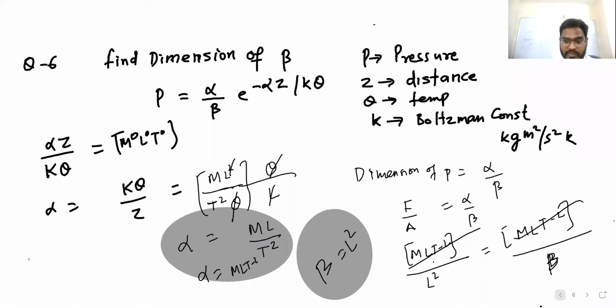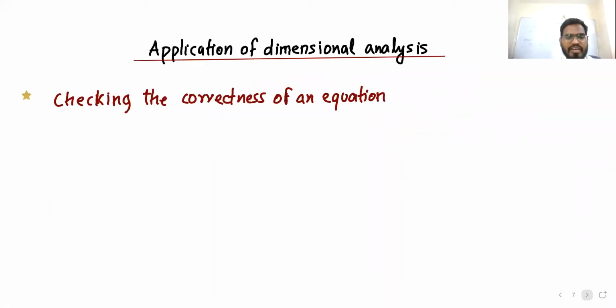Now we have done many, 6-7 questions. Now we are going to see the application of dimensional analysis. If you see, it will give you the checking of the correctness of an equation. Suppose this side is displacement, this side also should be displacement, right? You can check. It is not that if the equation is wrong you can do anything, but you can check if it is correct or not, right? Still, if time is on this side, then this side should also be time.